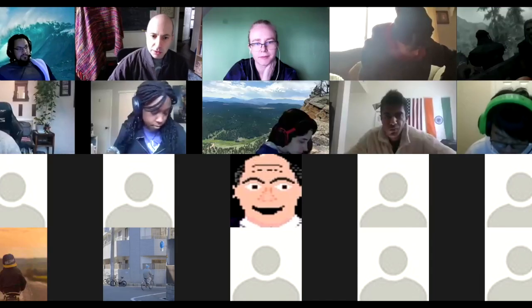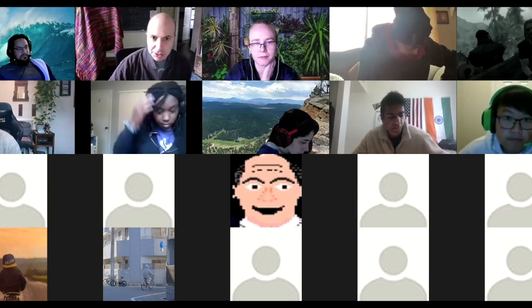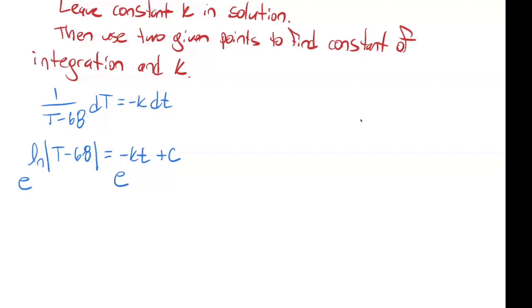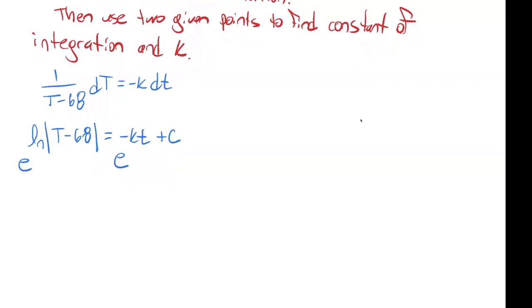Welcome back, everyone. I didn't get a chance to check in with everyone, but I did for those that requested. Based on talking with some of the groups, I don't think the issue was setting up or solving the general solution for the differential equation, which is great. It was mostly figuring out how to use the initial values to figure out what the constants are. But let me say one subtle thing here: this is a separable